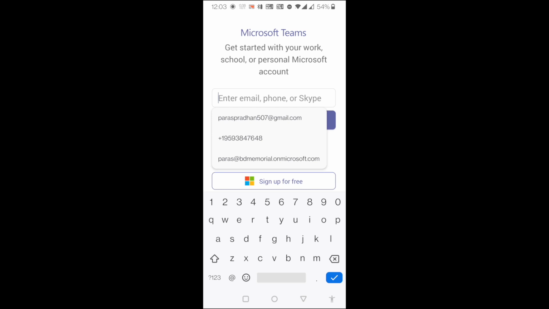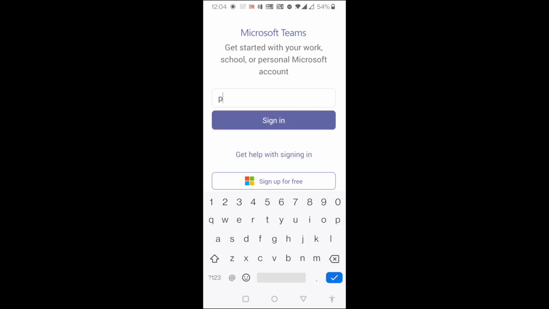Like our school has 3 domains. You might have in your email ID @bdmemorial.onmicrosoft.com, or you may have bdmemorial.in, or you may have bdmehs.in. So any of these 3 domain endings is what will be seen. So you can use only that. So for example, let me use one of the students' ID, Pooja.sha. It really doesn't matter.